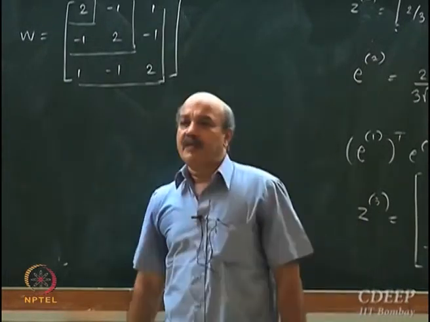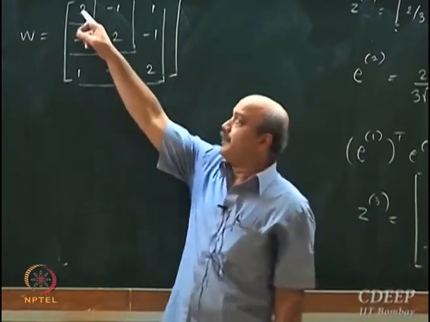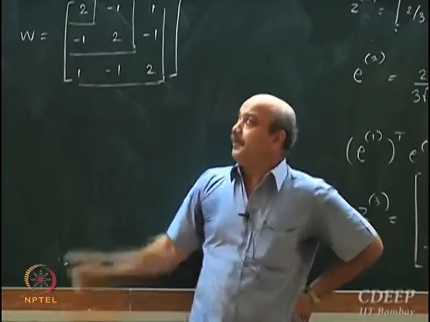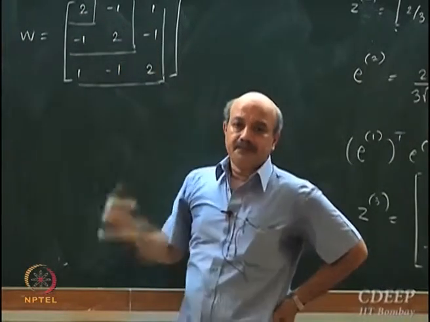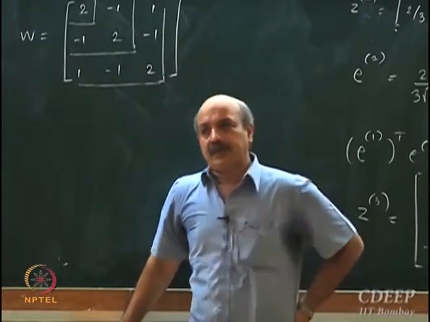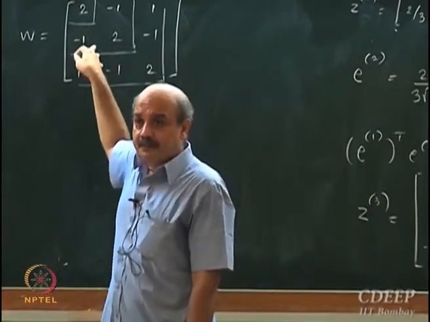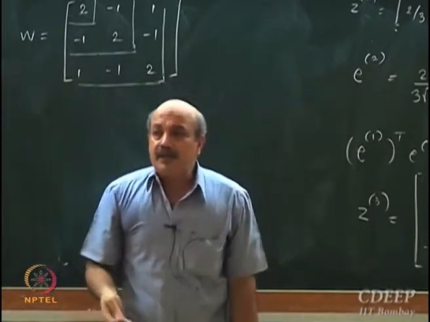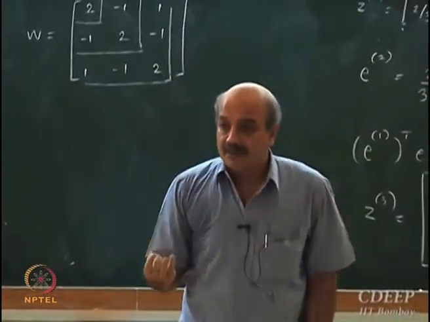There is a simple algebraic test to find whether a matrix is positive definite or not. Look at these matrices constructed by first element, then first 2 cross 2 matrix, then 3 cross 3 matrix. Is it positive? Okay. So this is a positive definite matrix, and X transpose Wy will define an inner product on R3. This inner product is different from what we defined previously.